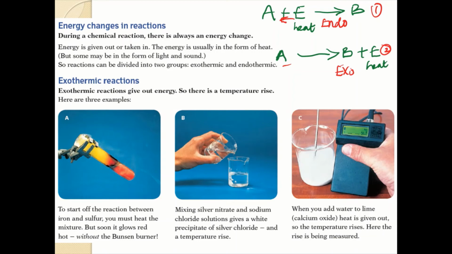Okay, so here is an example of exothermic reaction. Exothermic reaction gives out energy. Exothermic reaction gives out what? Energy. But endothermic reaction absorbs energy. So for exothermic reaction, there is a temperature rise. Because if this gives out energy and you dip your thermometer, if a reaction is taking place, for example,